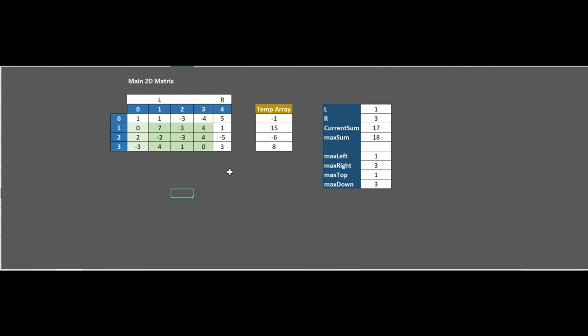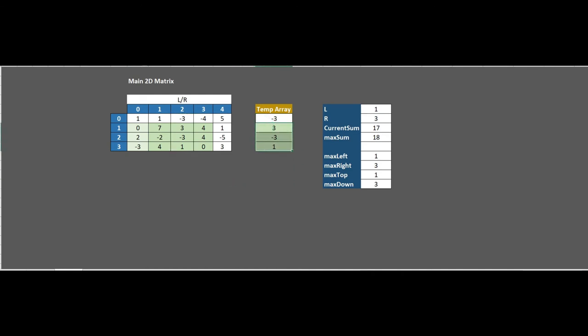Then we have to reset it all to 0 and move the left counter here, and obviously the right counter will also be here. Then we have to fill all these values here also.